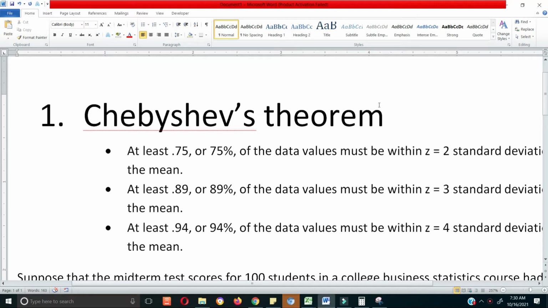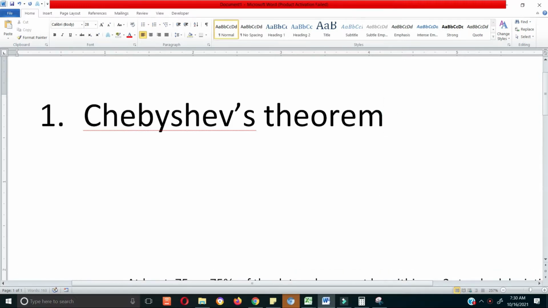So welcome back to this last part of chapter 3. I'm going to go through two related concepts. That's basically Chebyshev's theorem and the empirical rule. By Chebyshev's theorem, you have this formula, at least